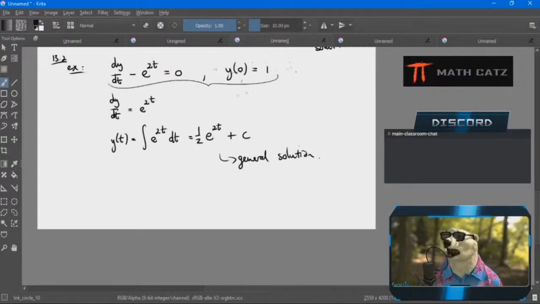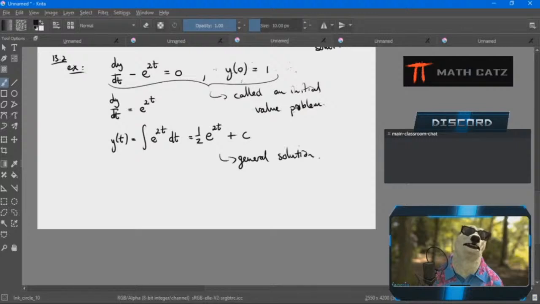These two together are now called an initial value problem. So in case you see somewhere they ask you, solve this initial value problem, it simply means it's a differential equation and some extra information provided. So I still go about my business finding the general solution, and now I'm going to use the extra information, plug in 1 for y